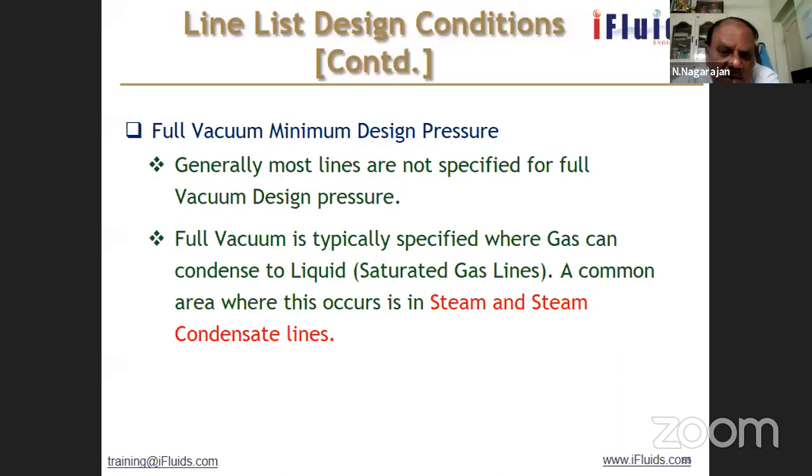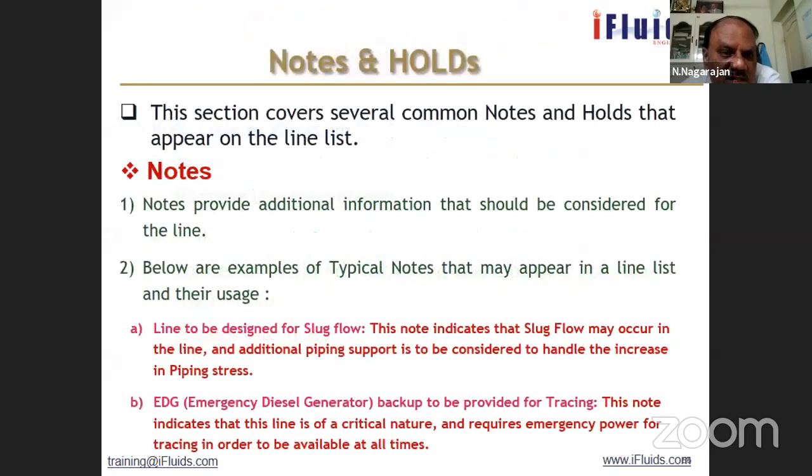Full vacuum, I told, is only when you have steam or any kind of condensing services. Anything that condenses in a vessel or line, the volume greatly reduces, you know. Vapor may be, let us say, 100 meter cube. When it condenses, it may become 10 meter cube. That is, there is a 1:10 reduction in volume. So it pulls vacuum. When such an operating scenario is seen in the equipment, you have to design the equipment for full vacuum. Also, the connected lines should be designed for full vacuum. One positive pressure will be there, and also the full vacuum, negative conditions.